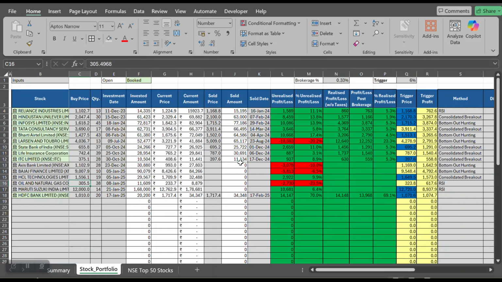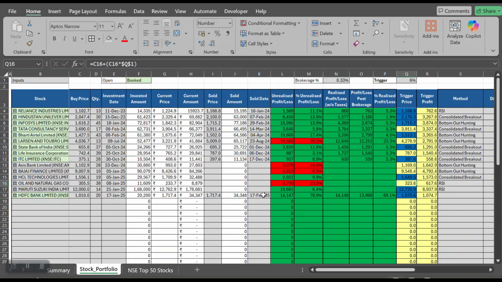What is my trigger point? So that trigger point is something which you have to give here. So for me, I have set a trigger point of 6%. So whenever this stock would go 6% above the buy price, the 6% of buy price is 323. So whenever the stock would trigger or hit 323, this particular cell will turn blue and which will suggest that